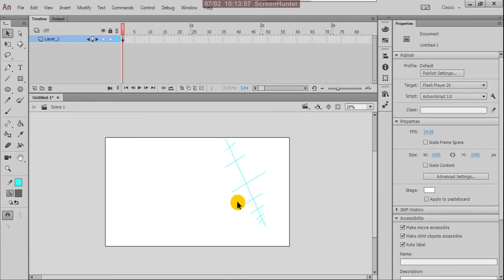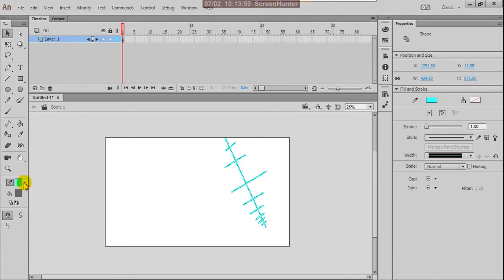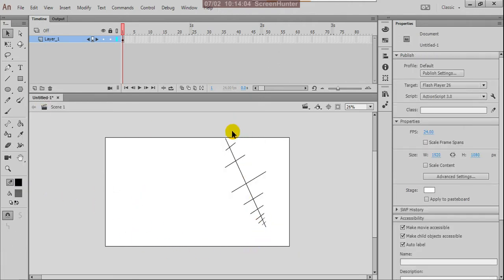If you observe here, I'll change this color. If you observe here, these are the frames. I'll explain about the ladder. So here the frames are very loose, maintaining big gaps. Here a gap, here a gap.